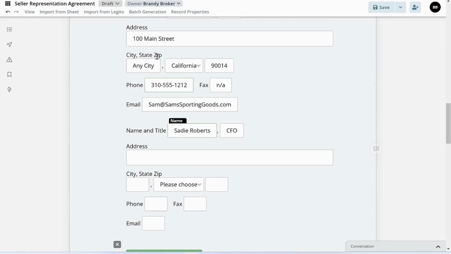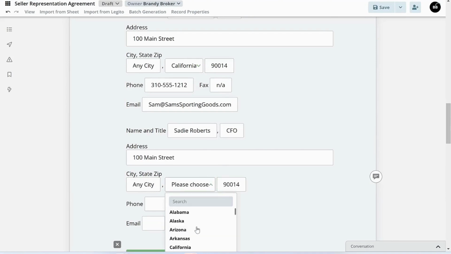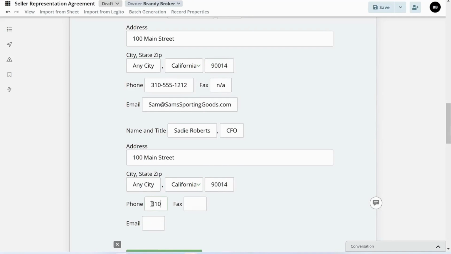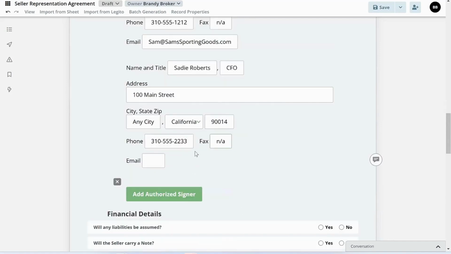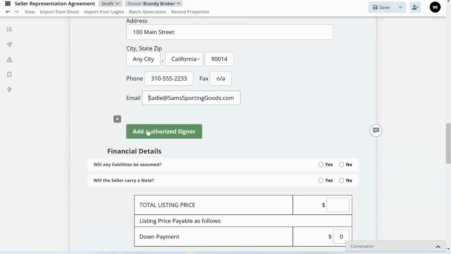Okay. And then again, we can just put this information in here, copy and paste. Sadie's phone number is 310-555-2233. So we'll put that in for her. No fax. And her email address is sadie@samsportinggoods.com. So if we have another, let's say we're dealing with a corporation that has 3 partners or 4 partners,